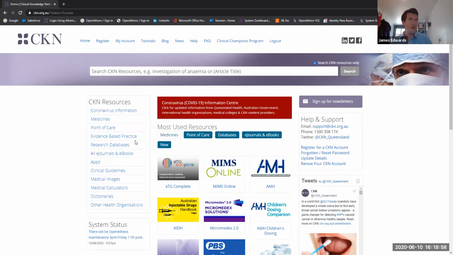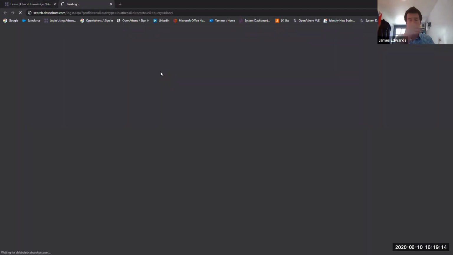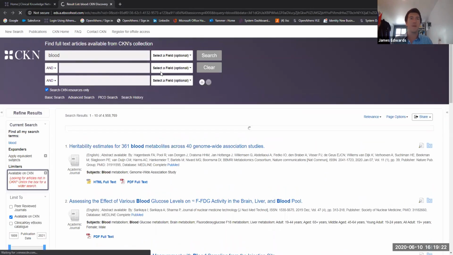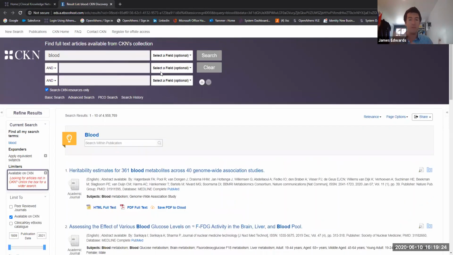Here they've just got links to their various databases. They've also got a discovery service. So I'm just going to show, as a general user experience, how they might be trying to access the content. In this case, I'm going to use the discovery service that they've embedded on their page. It is EBSCO's discovery service, EDS, but we work, as I showed you earlier in that slide, with a wide range of other library services that help provide that single sign-on experience.